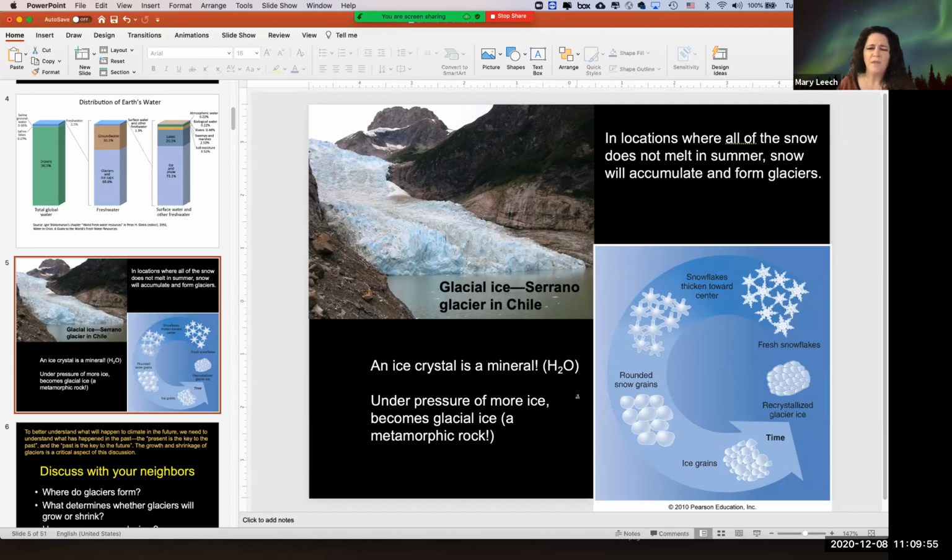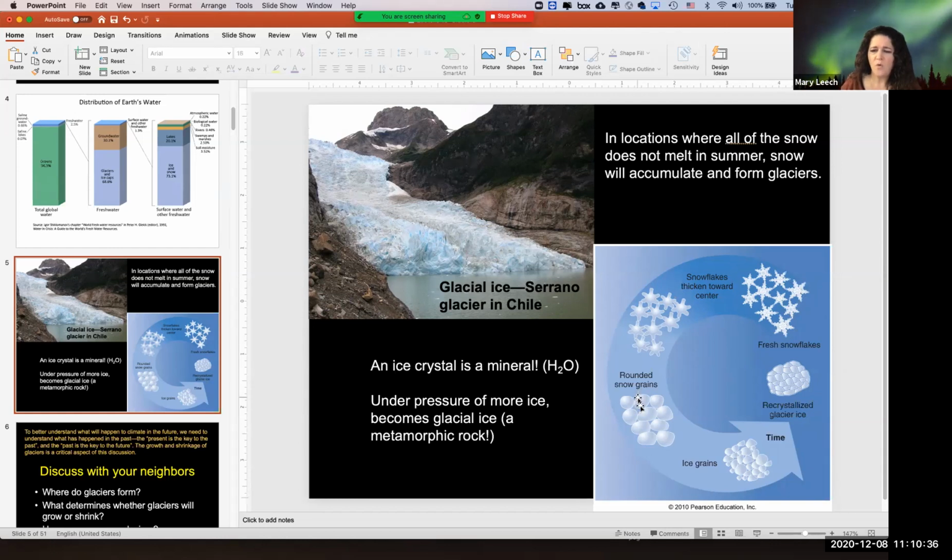That's bizarre. I mean, ice is a mineral, right? Yes, we established that way back when we talked about minerals. But if ice is a mineral and you've got permanent, naturally occurring ice, is it a metamorphic rock? That's a bizarre thing to think about. I'm going to vote no on that one, just on the grounds that it's water. I think it should have to have certainly more than one mineral in it to be a rock.